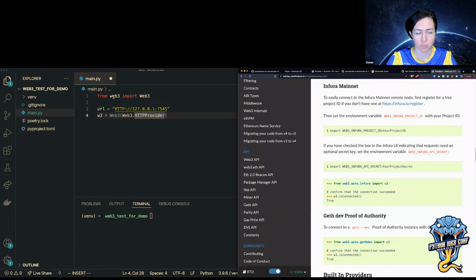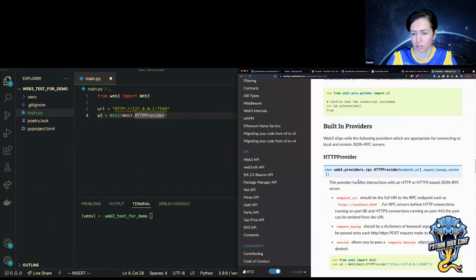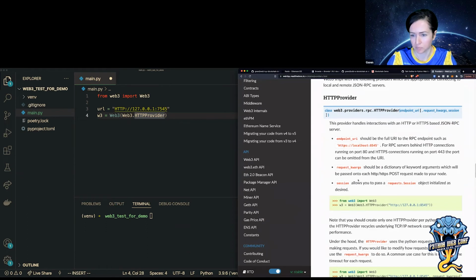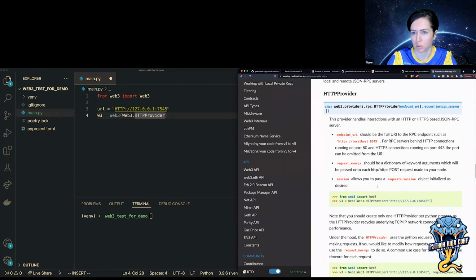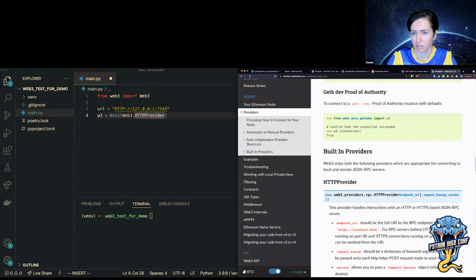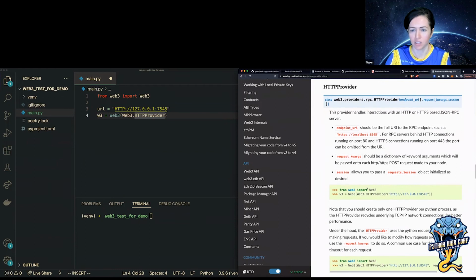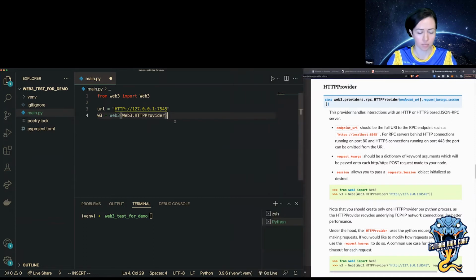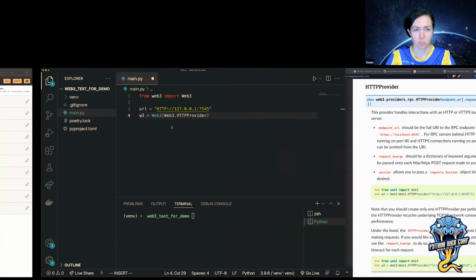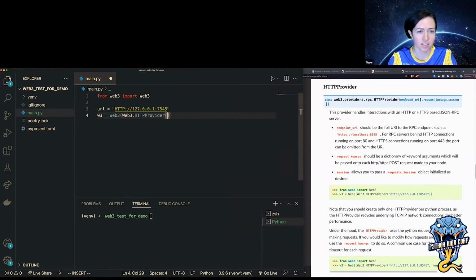So this Web3 Python library will give you a provider, but it doesn't have all of the features. Yeah, it's basically just a simplified version of a mock blockchain. So I think it's better. It's also very easy to just connect to a Ganache blockchain. So, okay, HTTP provider, and then I have to pass in the URL. And then that should be everything I need to connect.